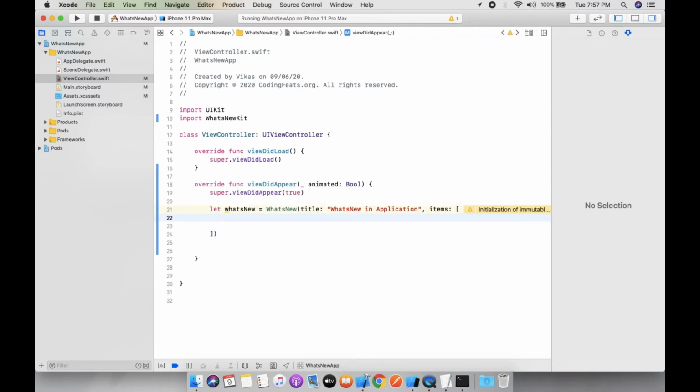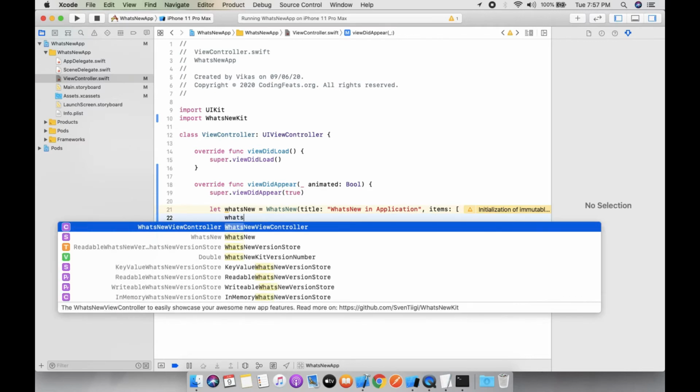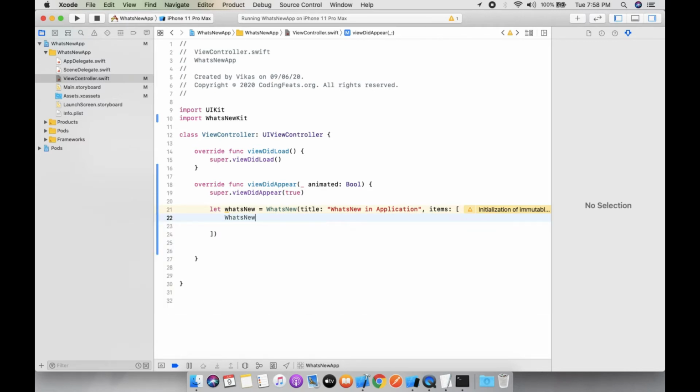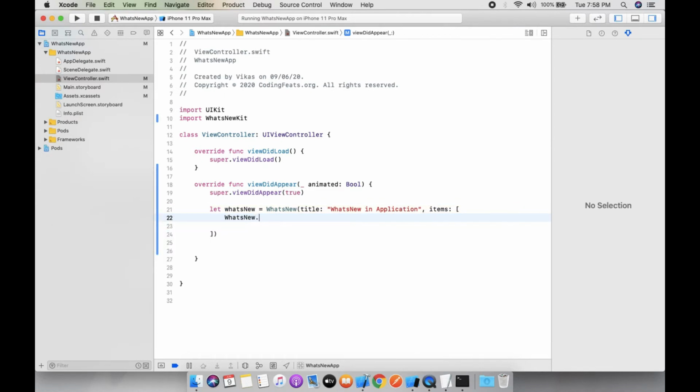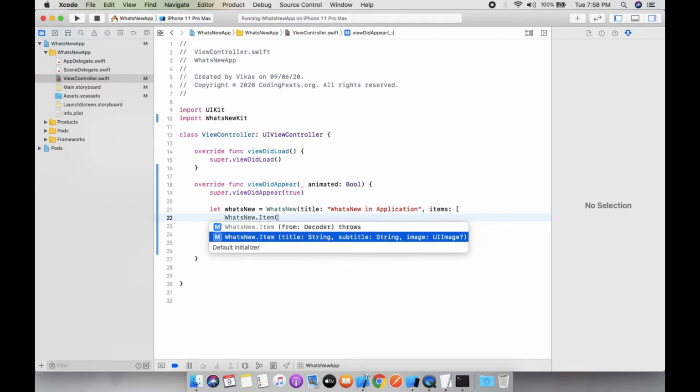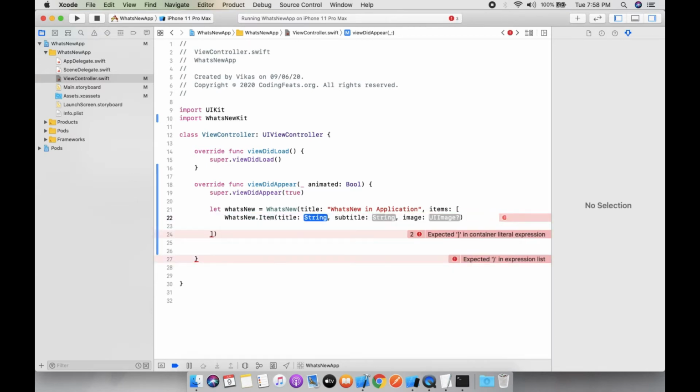So let's create items. WhatsNew.items. Here we need title, subtitle, and image.